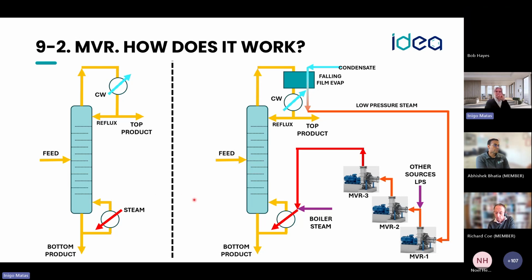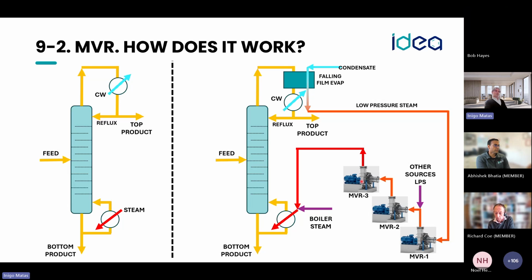So how do we make it in the more modern configuration? At the top, instead of having that condenser, we have this falling film evaporator, and we will be creating those low pressure vapors. I have left a condenser maybe for subcooling, or for when this is not running at the beginning, so producing the reflux, the top product. Those vapors can be compressed using these fans.